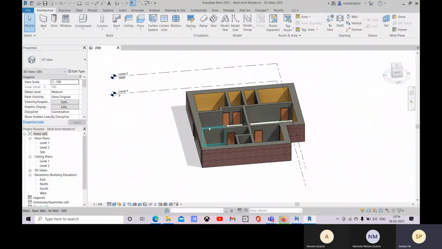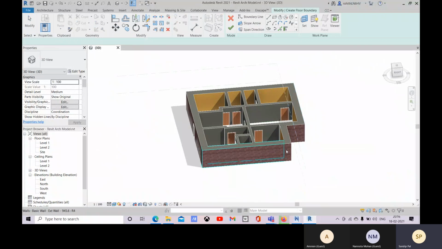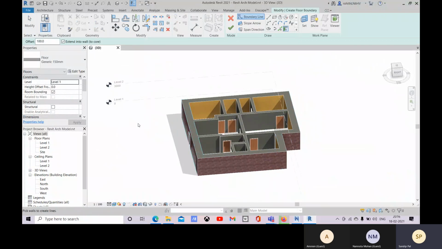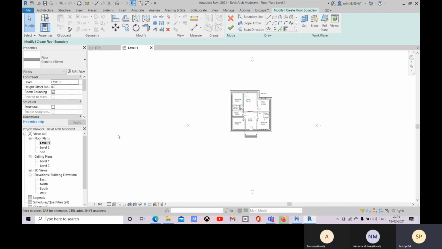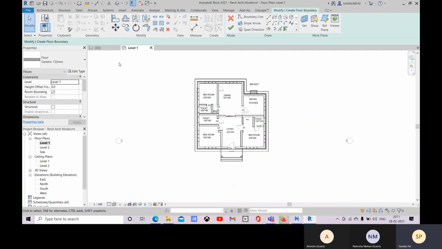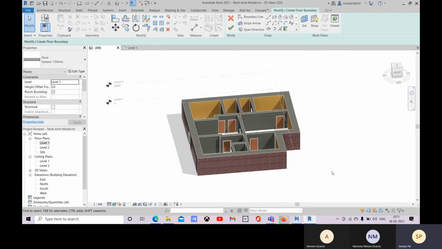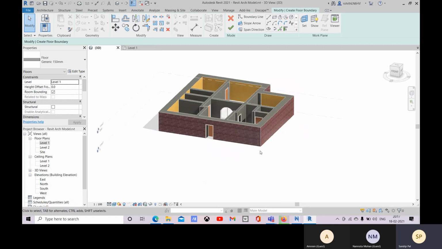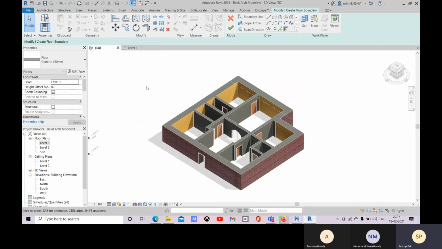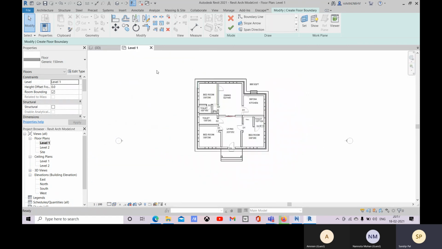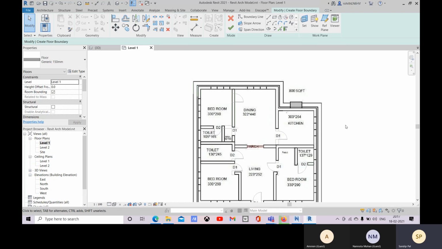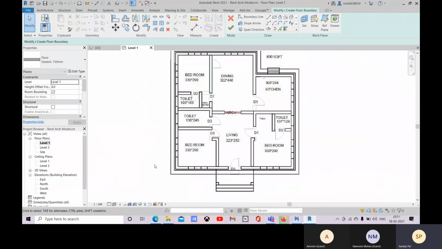first let me create some floor. So first of all we will look into floor. We will select this for architectural option, and in 3D also we can place it, or else we can go to level 1. Okay, there we can place it. So it is up to you. So better we go into a particular level, and there we can see the plan and we can make it properly.